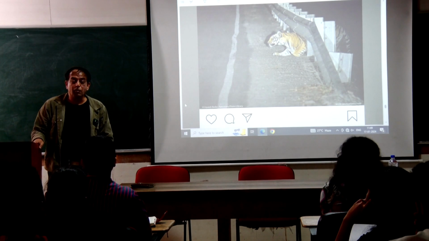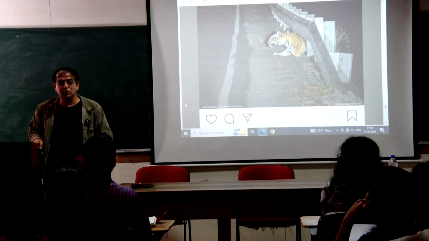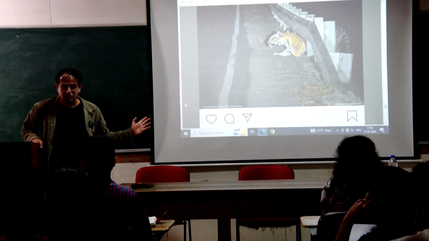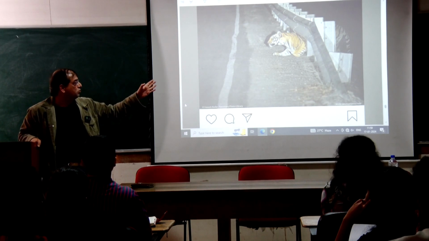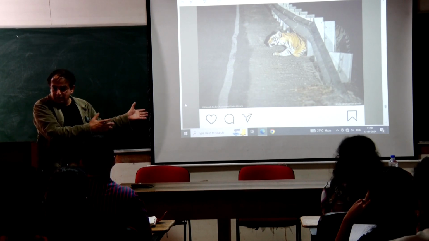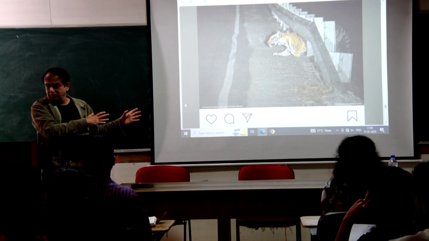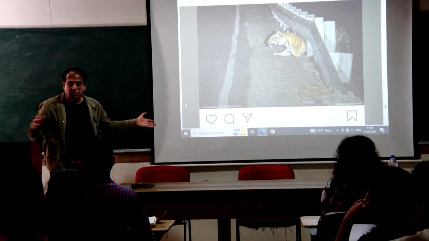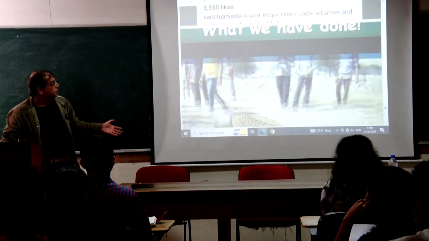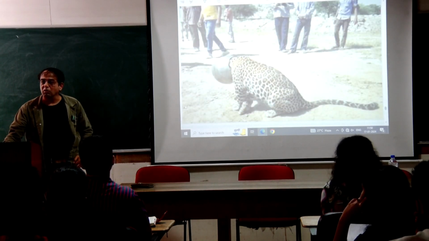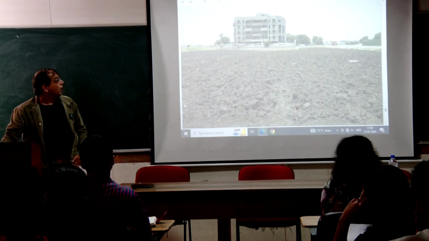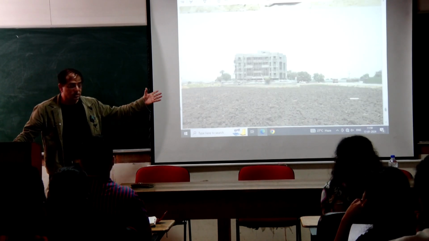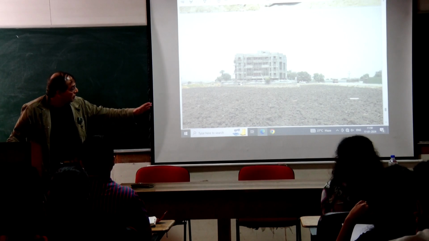What worst photograph? This is Pench Highway, Nagpur to Pench. Poor tiger has to make all these efforts. This has been caught in a camera trap. तो कुठनं रस्ता क्रॉस करणार, राईट? One more. This is our city's condition. We are, see,